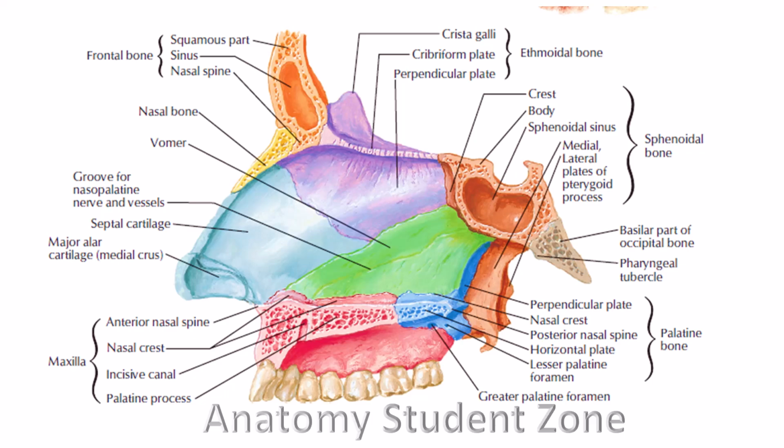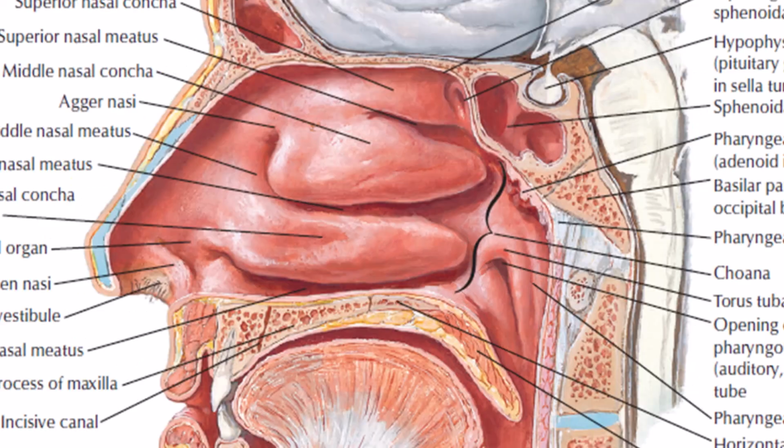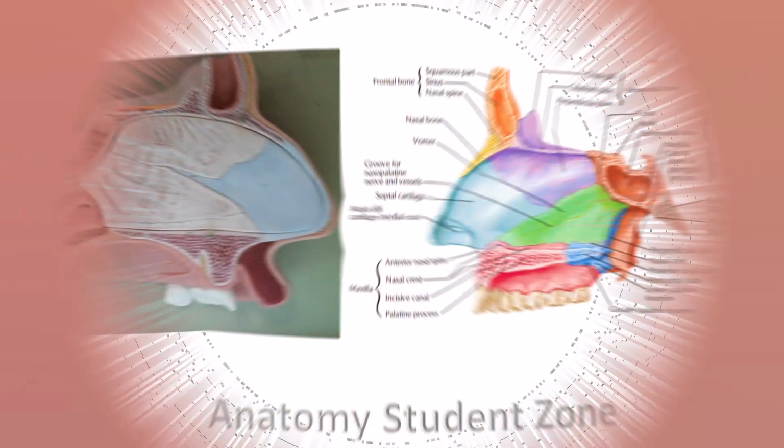Now just one wall of the nasal cavity is left, and that is its lateral wall. I will describe the lateral wall of the nose in detail in the next part, because there are a lot of things that I have to cover in that detailed anatomy. But before I say goodbye, I would like to show you the walls that I have described, like the roof, floor, and medial wall or nasal septum, on models and the CT cross section as well. So this is a model showing the roof, floor, and nasal septum.